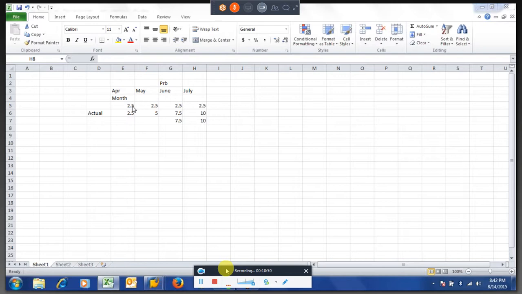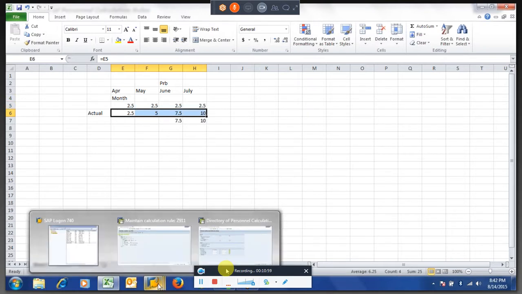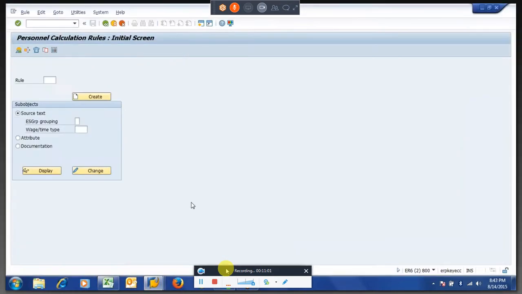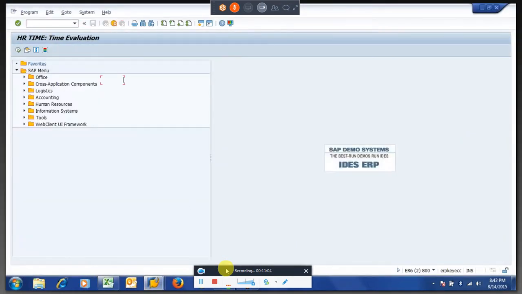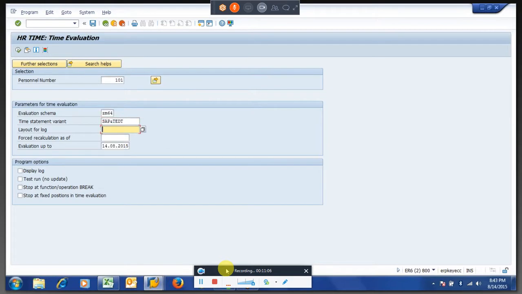So up to here, every month we are directly generating whatever actuals we get, from the rules we have written. Let us say we run up to 31st June.